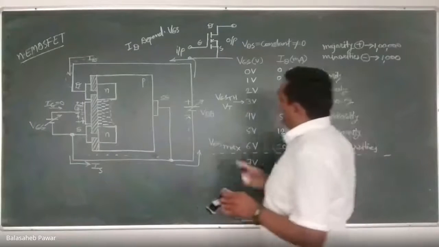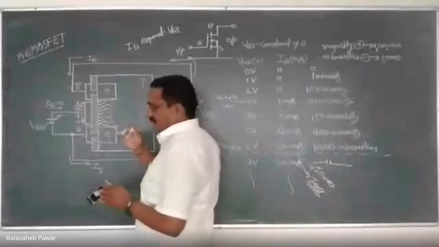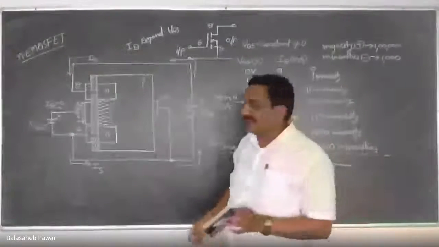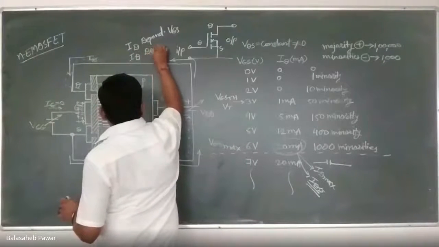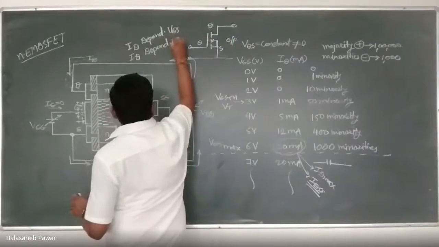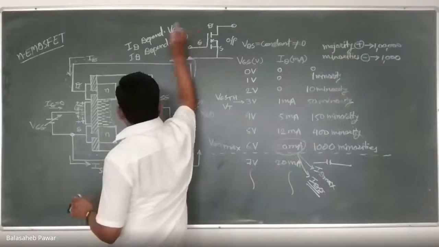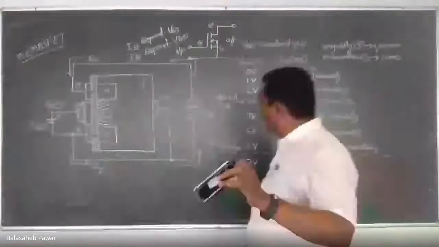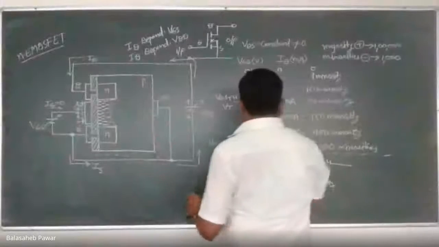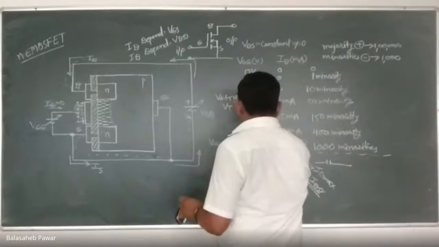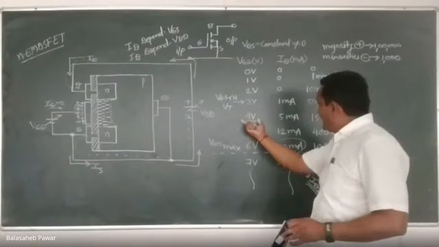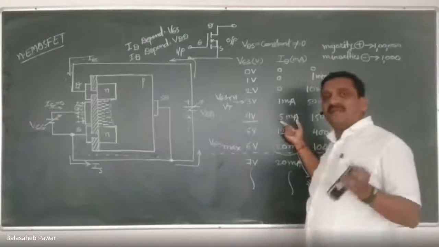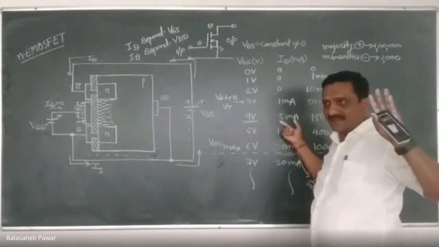Yes, sir. Okay. Again, one more thing will be the secondary dependent parameter. Here, I can say ID will be dependent on output voltage, VDD. Yes or no? So see how. Even if I apply input voltage as 4 volt, as we discussed, there will be a flow of output current of 5 milliamperes, as per our consideration.